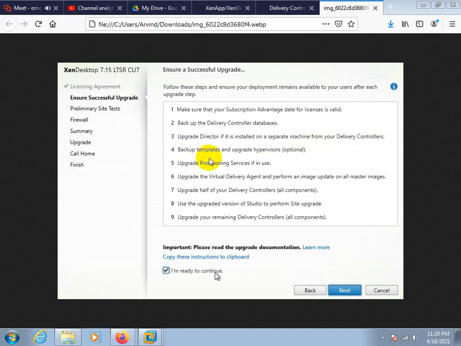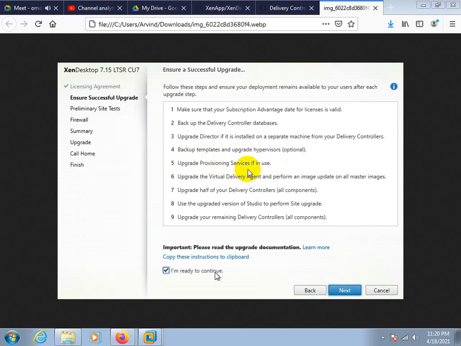Then next, back up the template and upgrade the hypervisor option. Hypervisor option, do you remember where I showed how to connect with Azure or AWS or ESX? That is the hypervisor option. Okay, back up the template and upgrade the hypervisor option.